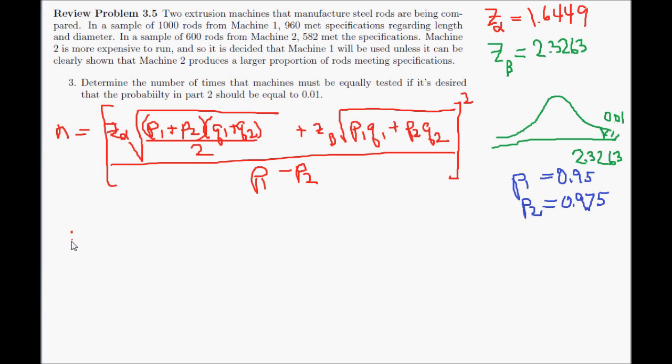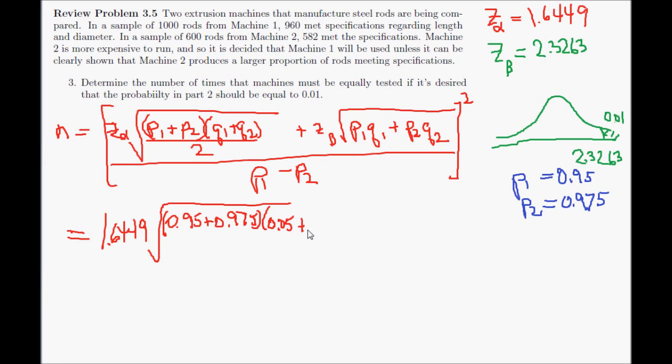So this will be equal to 1.6449 times the square root of 0.95 plus 0.975 times the sum of the q's, so 0.05, 1 minus 0.95, plus 1 minus 0.975, which is 0.025, all divided by 2,